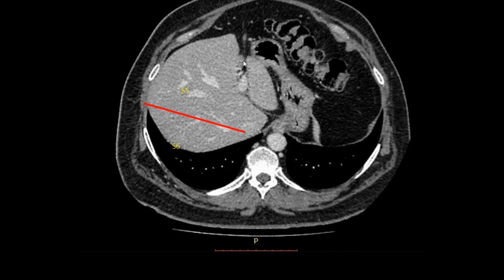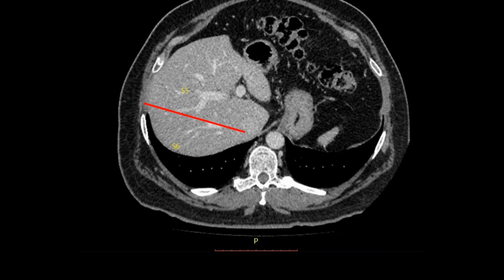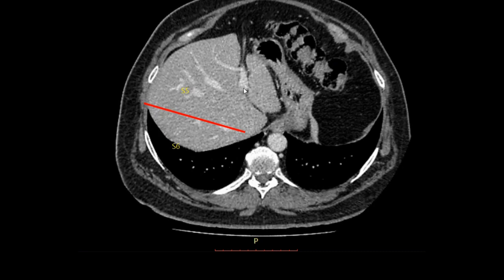For the left side, you see the vertical part of the left portal vein. This is the left portal vein, a short horizontal and then the vertical part. This vertical part gives right-sided branches to segment 4 and this is segment 3. So for inferior sectors, this is your division. This is very easy. This gives you the two divisions of the inferior part. This is segment 3 and this is segment 4.